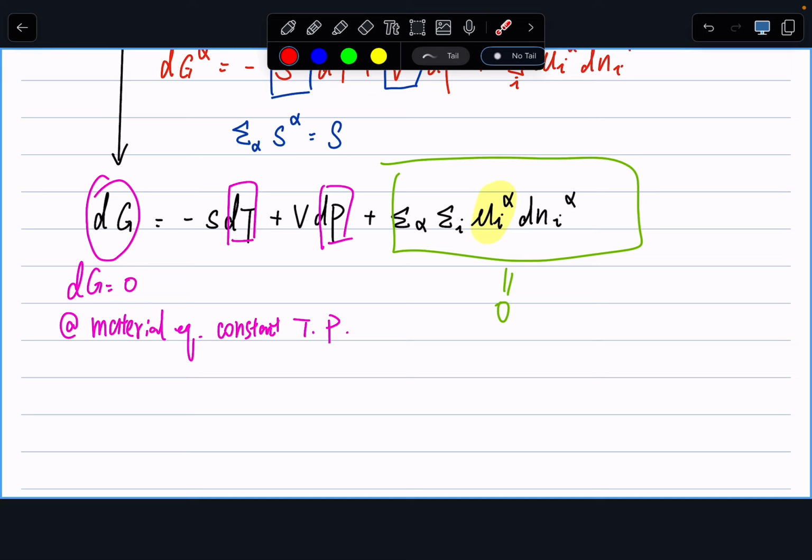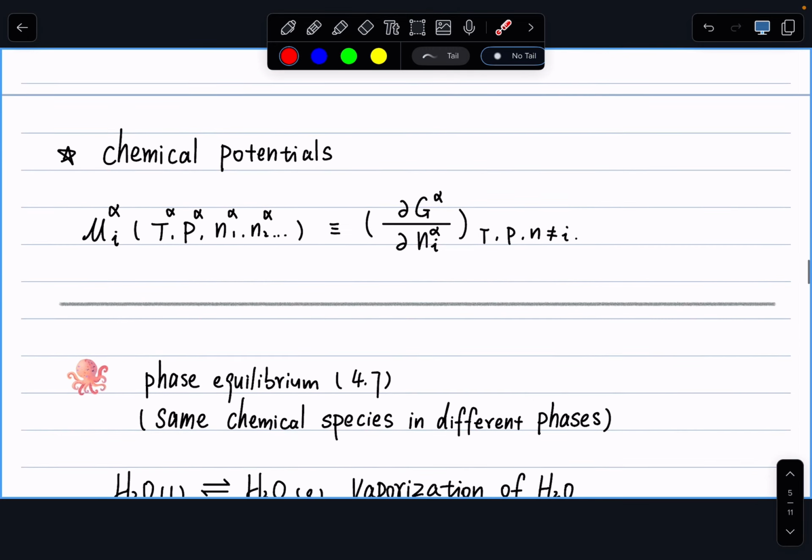So before we move on to look at phase equilibrium, I want to quickly ask you one question. Is my chemical potential intensive or extensive? Raise your hand if you vote for extensive. If you vote for intensive. Okay, so it is intensive. Our Gibbs free energy is extensive, right? But we divided by the number of moles in our expression here. So that means my chemical potential is an intensive property.